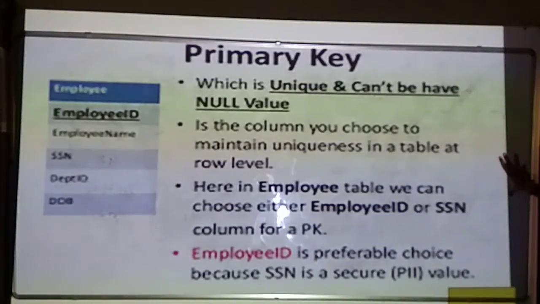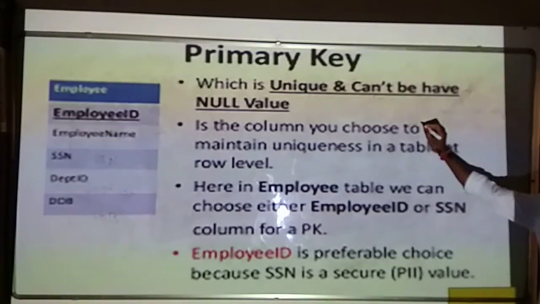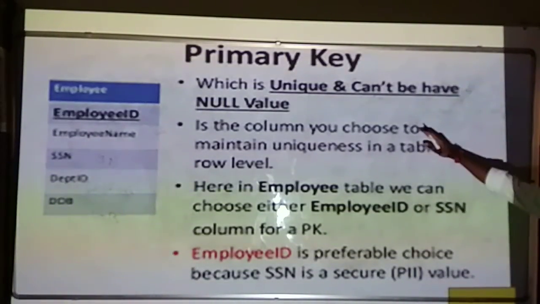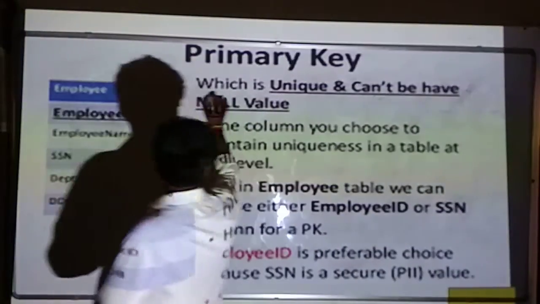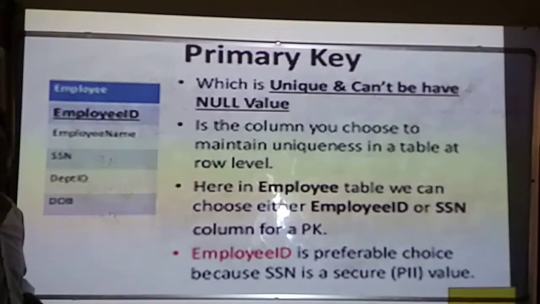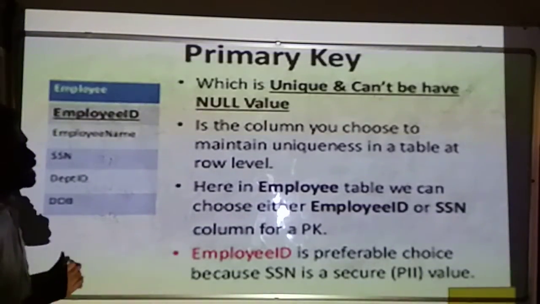Primary key is a key which is unique in a table, and cannot have null values. Means to say that if you are having student ID, you must and should enter some value in this. You should not have any redundancy over here. 1001 should not be entered again in this particular column. And again, they are saying that it should not have what? Null value. You should not leave that particular column without entering any data.